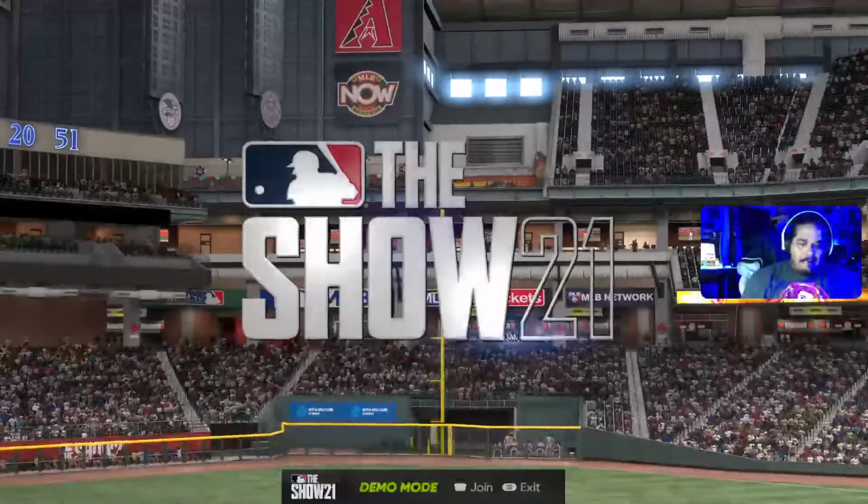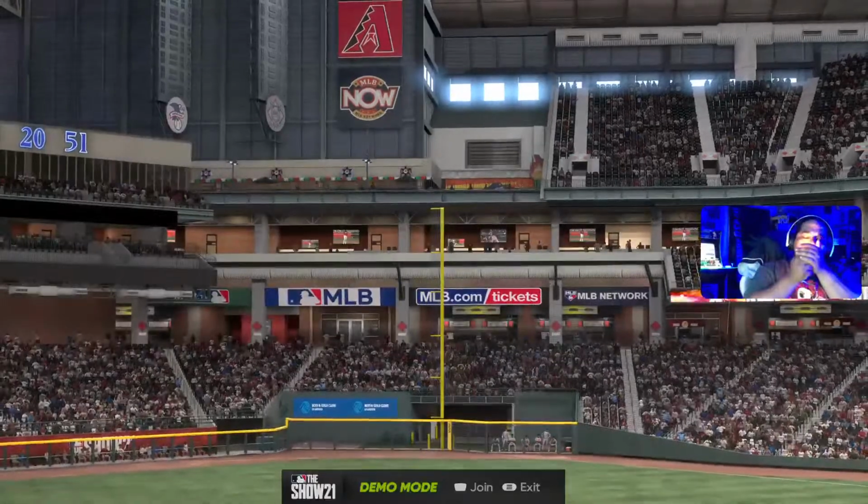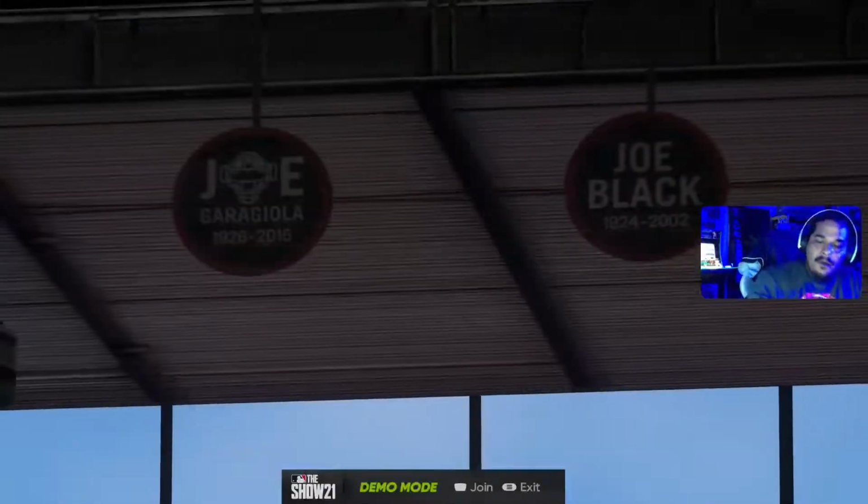Here in Phoenix, the roof is closed and the AC is pumping. Coming up, we've got a good matchup in store between